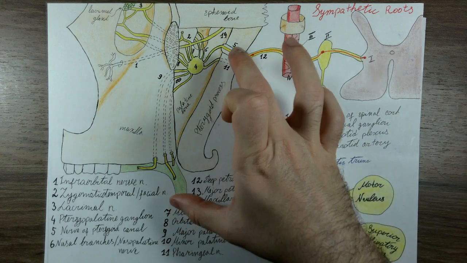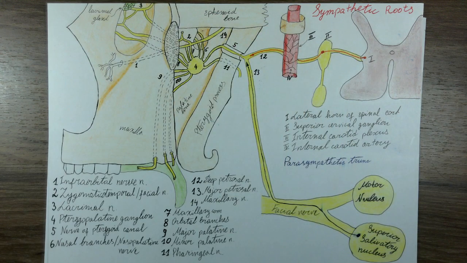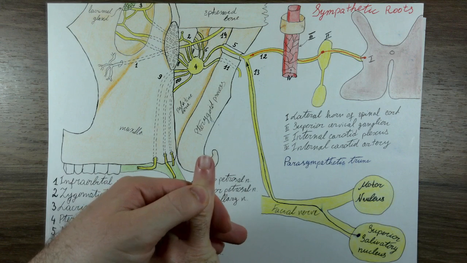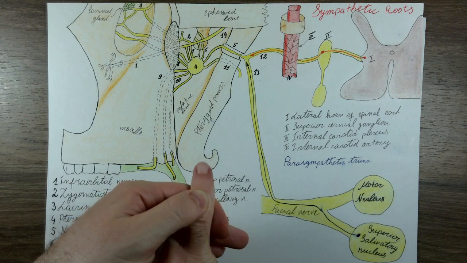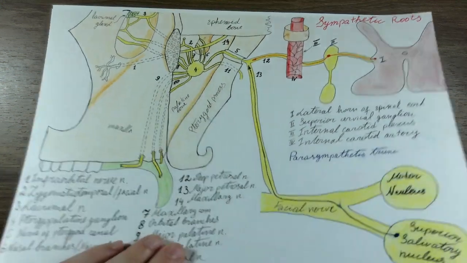Now, I know it's very big here, you can see almost as big as my hand, but I've drawn this just for representation purposes. Technically speaking, this pterygopalatine fossa is probably smaller than half of my distal phalanx of the pinky, right? So it's a very, very tight space and quite hard to dissect and quite hard to visualize. But if you want to think about it in simpler terms,